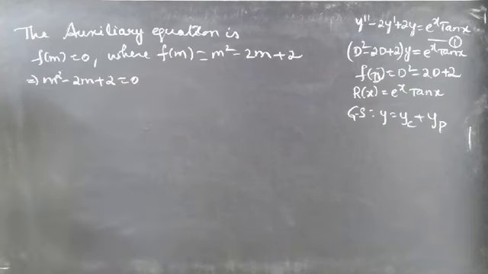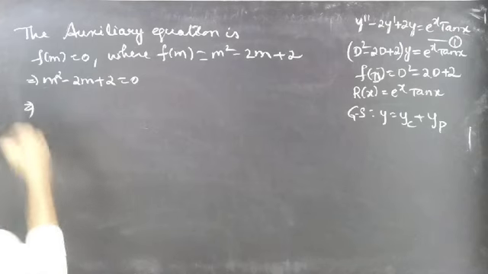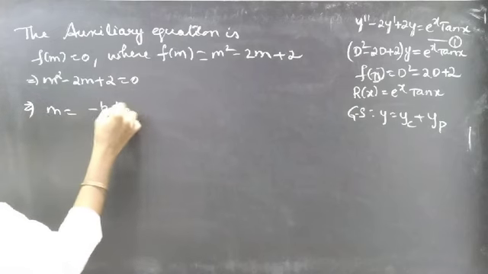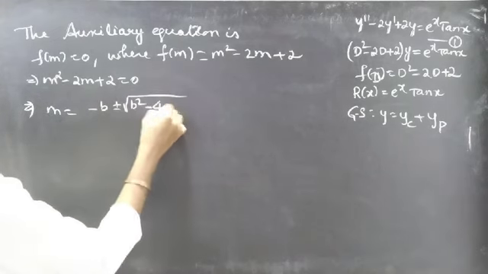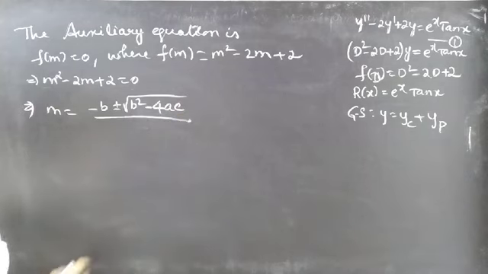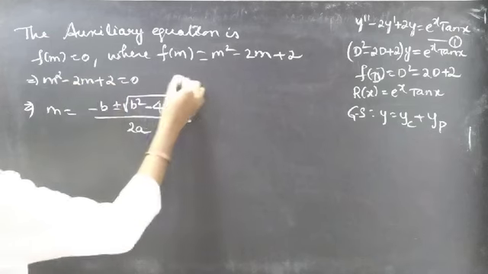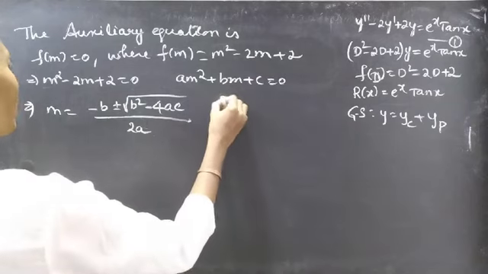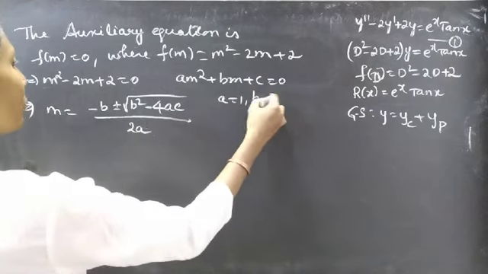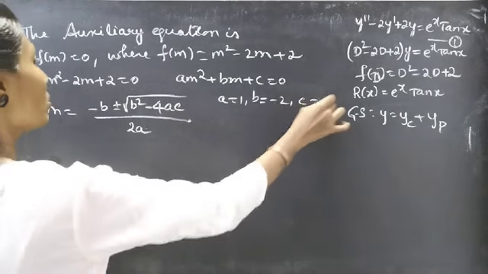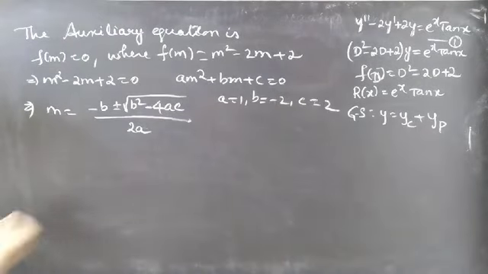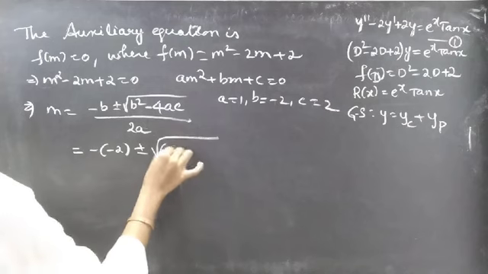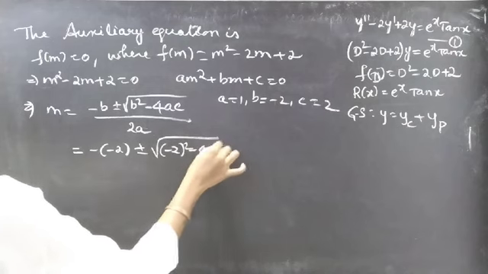Now we need to find the roots of this equation, so we'll use the quadratic formula. m equal to minus b plus or minus square root of b square minus 4ac, by 2a. Now just compare this equation with the quadratic equation am square plus bm plus c equal to 0 and find a, b, c. a equal to 1, b equal to minus 2 and c equal to 2. Now substitute the a, b, c values in the formula. We'll get m equal to minus of minus 2 plus or minus square root of minus 2 whole square minus 4ac,